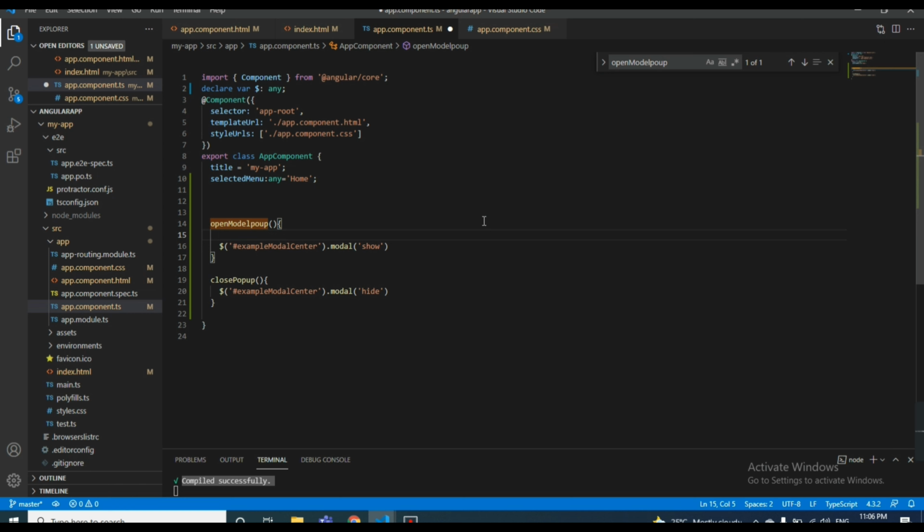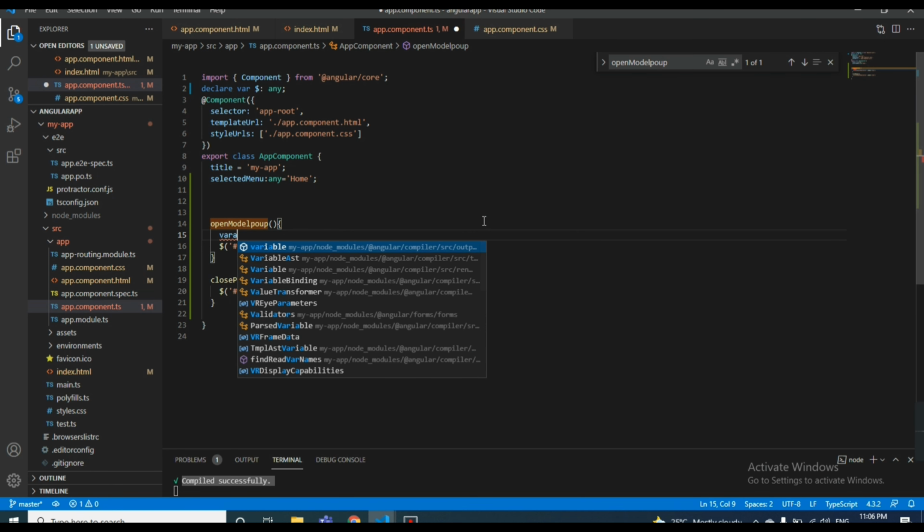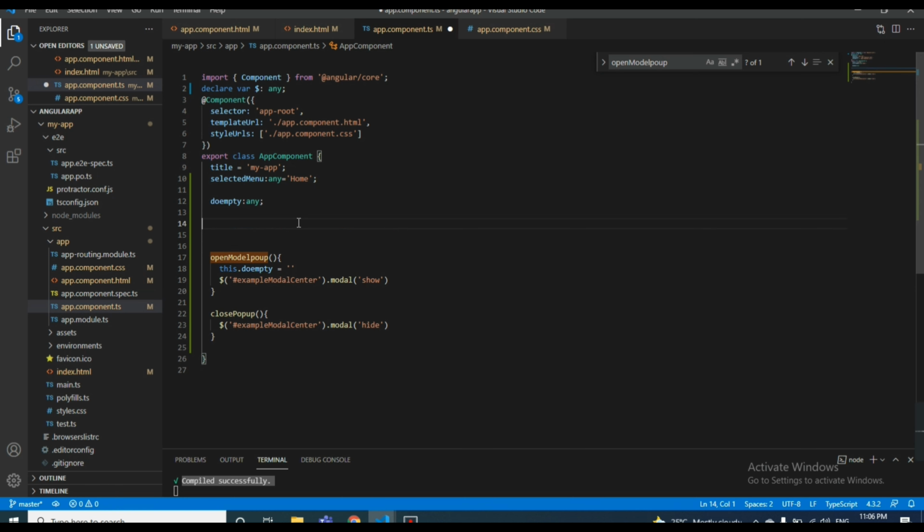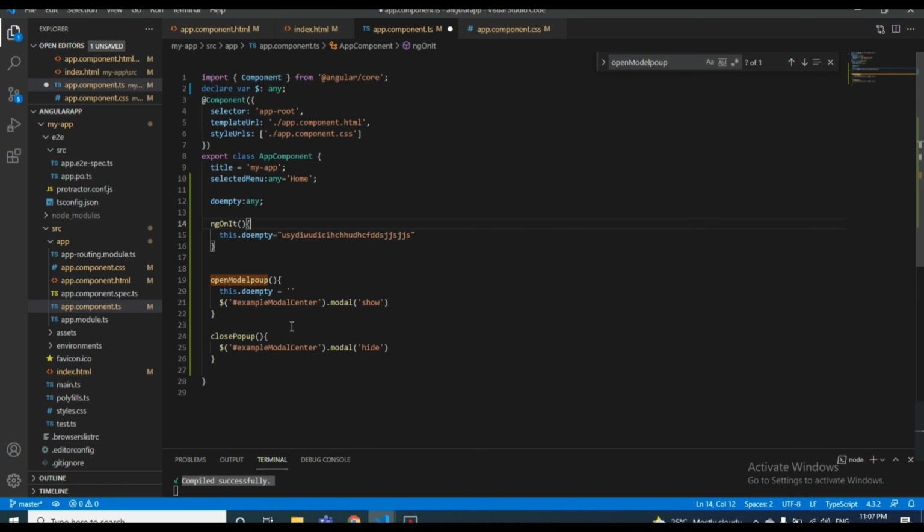Now we will add a variable and empty it. I'm declaring a variable called doEmpty of type any. I'll use ngOnInit.